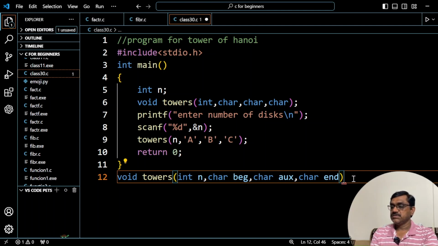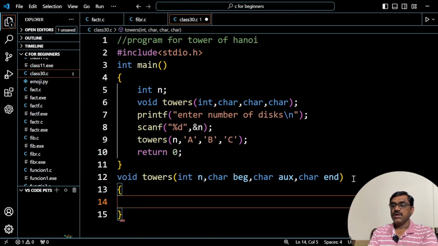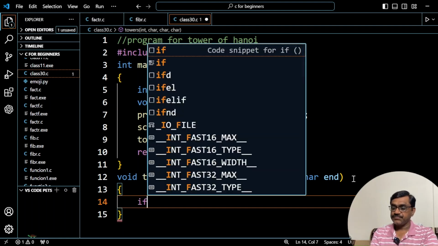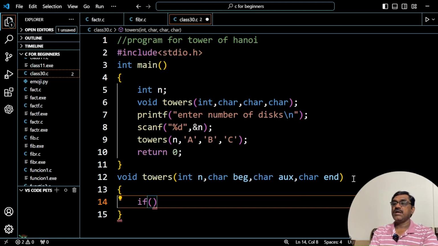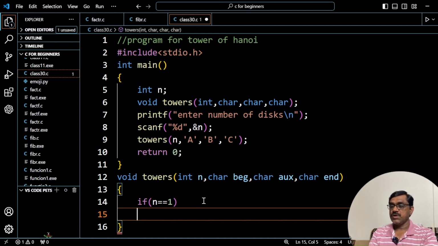Now, after this, how to implement the code. Yesterday, we saw only the function definition, only the code of the function. There I said the first condition is if n equals 1. What do you have to do? If n equals 1, you can directly move the disk from the source peg to the destination peg, or we can say beginning peg to end peg. So for that, if n equals 1, what you do is